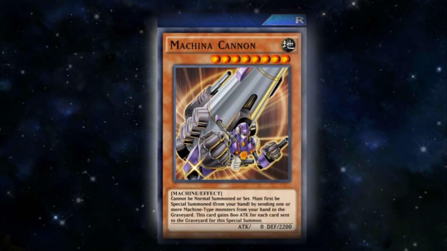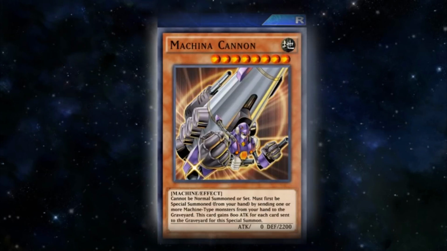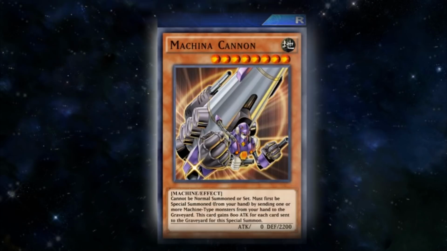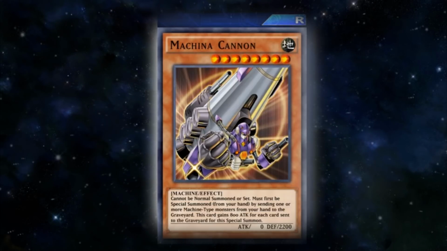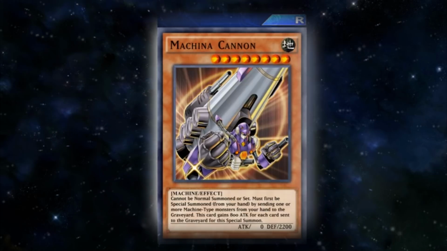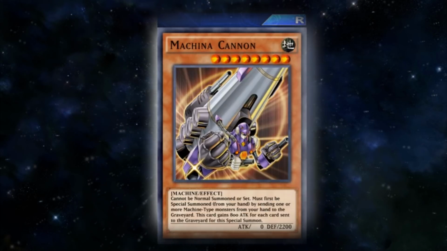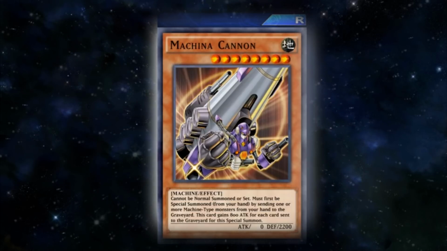MACHINA Cannon. Oh wow, there's more MACHINA monsters. So let's get in here for this card. Wow, this card is actually kind of cool. So basically you have to discard machine monsters from your hand, and his attack goes up by 800 for each machine monster you discarded. And you can't normal summon it or set it, but you can only special summon it by discarding machine monsters. I think this is really cool because if you wanted to run just a big, I don't know, you want to maybe run